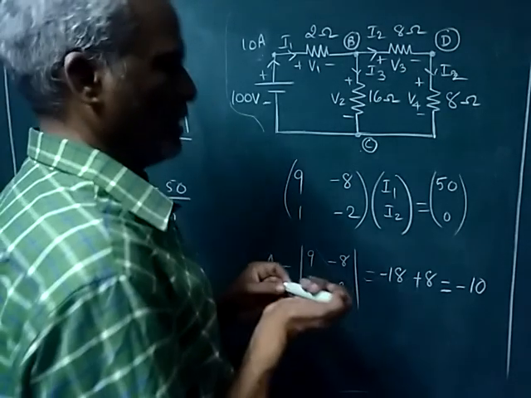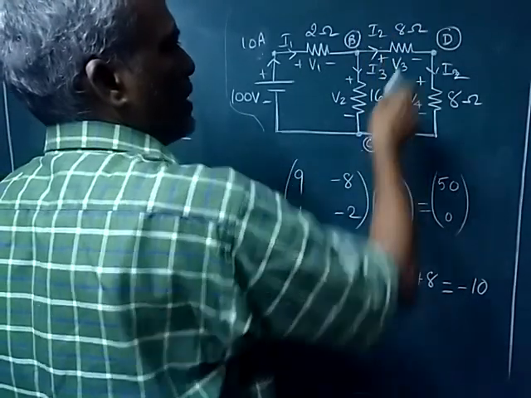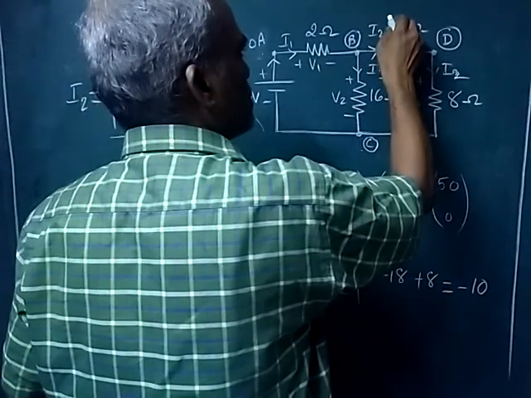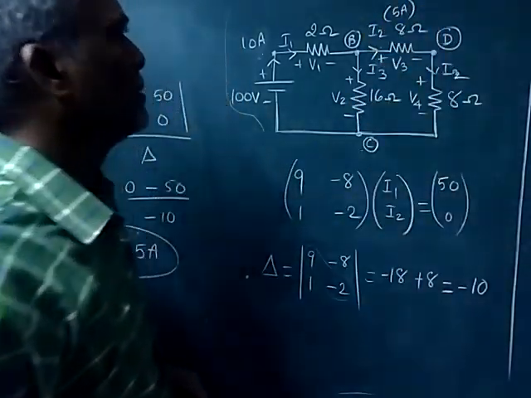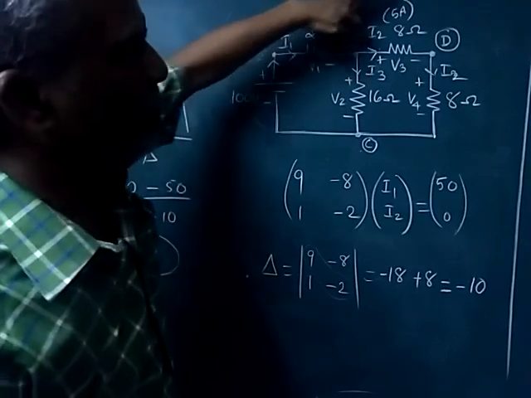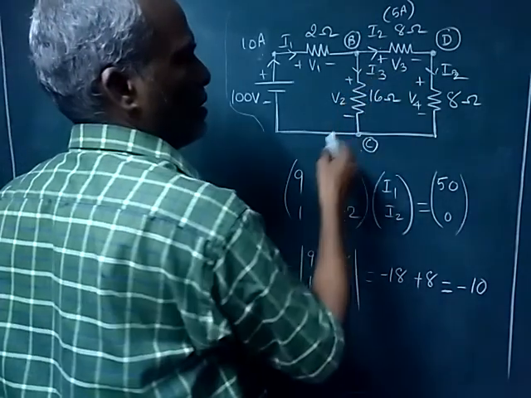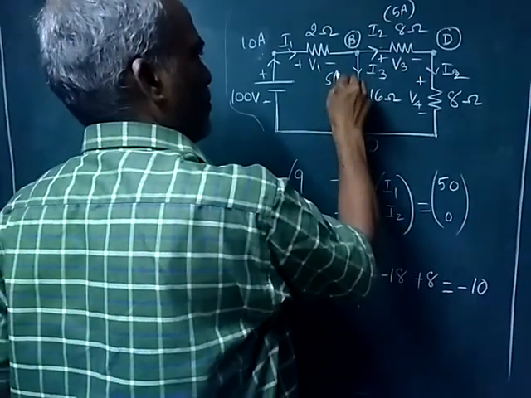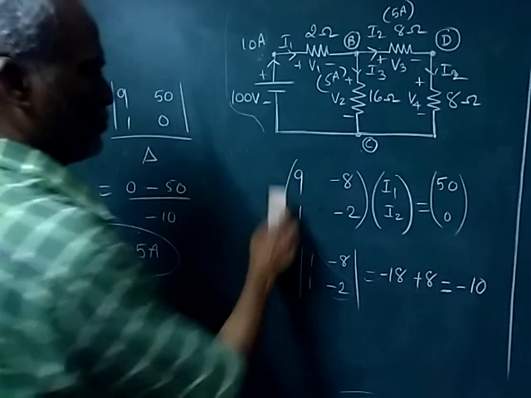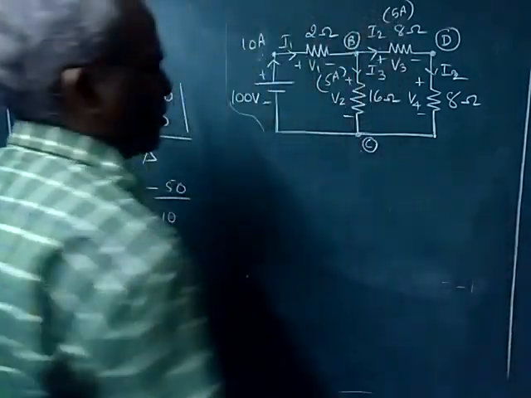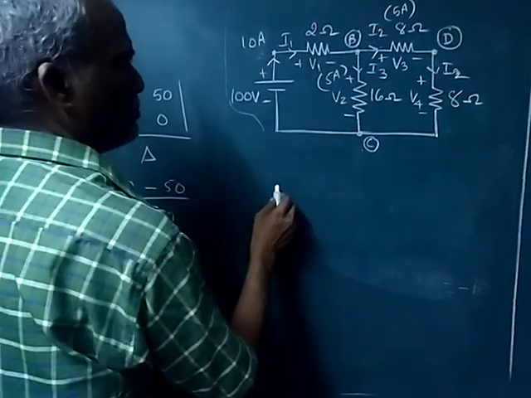Okay. Now I2, where is I2 flowing? I2 is going here. So the current here is 5 ampere. So 5 ampere is flowing in this branch. So 10 ampere is coming here, 5 amp is going that side. So the remaining 5 amps will go this way. So the current I3 is 5 ampere. Okay. Now we know all the currents. That is, this branch current is 10. Then redraw.